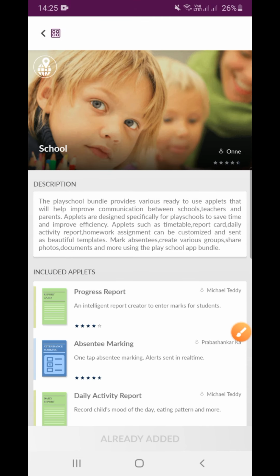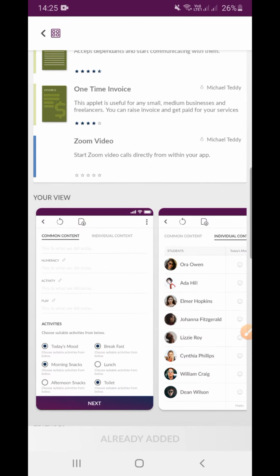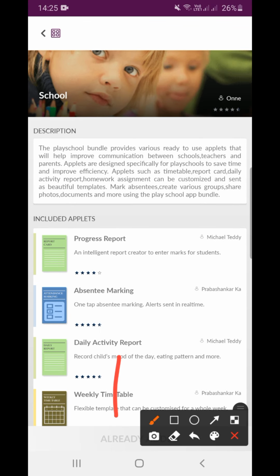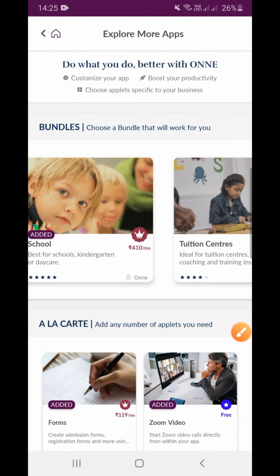You will find all the features and functions that's available in the School app. The School app can work for schools and colleges. And in the bottom of the screen, you'll find a purple button which says Add this bundle. I'm seeing already added because I've done this step ahead. Once you finish adding the School bundle,